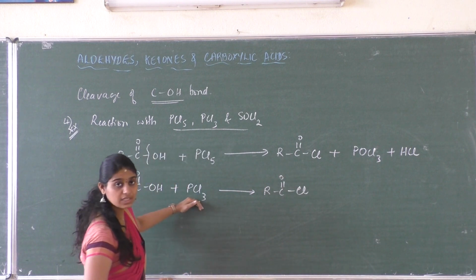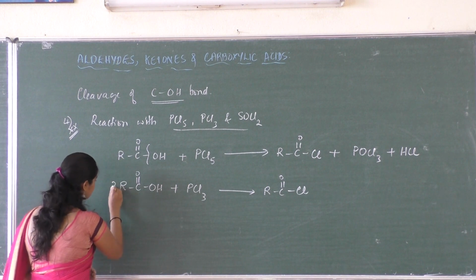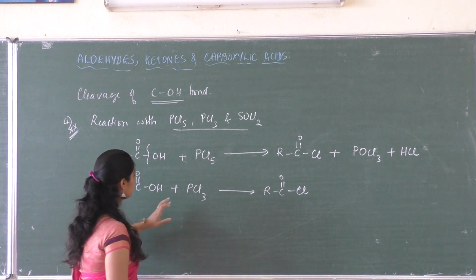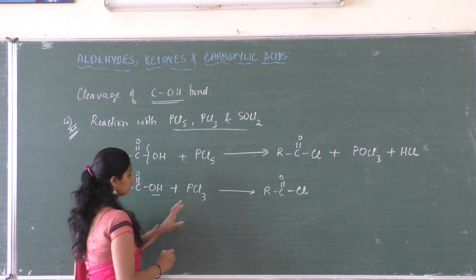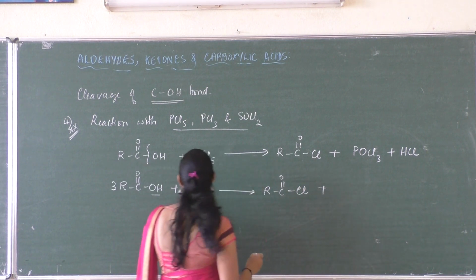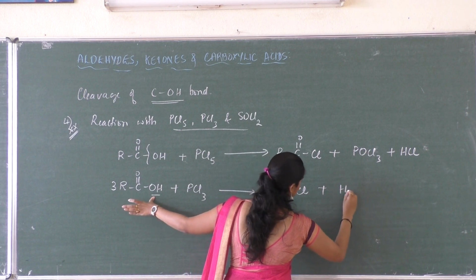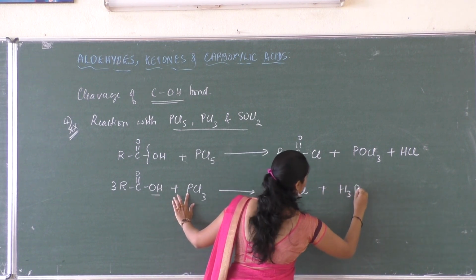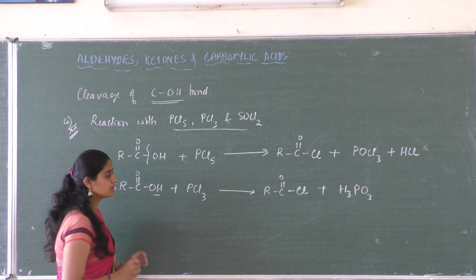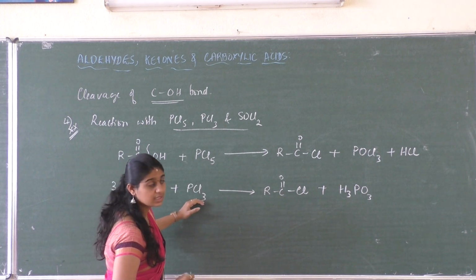Here we have 3 chlorine atoms, so the substitution occurs 3 times, so it is 3 RCOOH. And now this is removed, and with the phosphorus, a hydrogen is left out, so it is 3 hydrogen atoms, so it is H3, 1 phosphorus and then O3. So this is what we get when the carboxylic acid is treated with phosphorus trichloride.